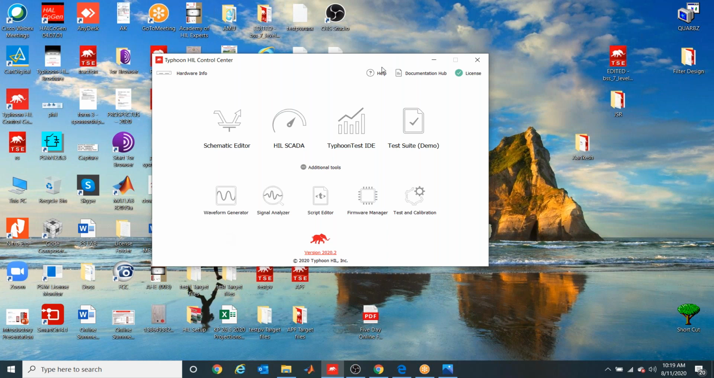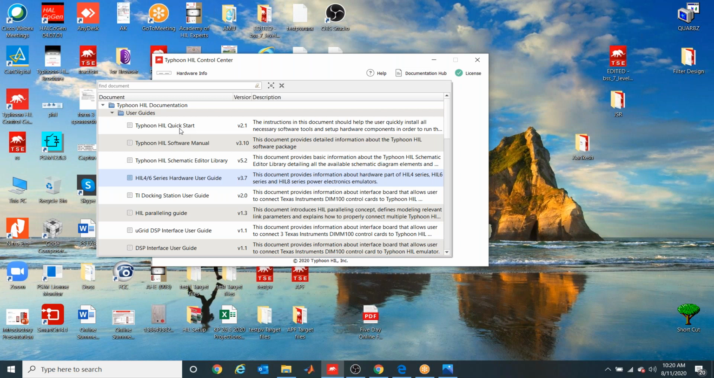So this is for online help. If you require any online help materials, you can click on this. Else, for offline help or documentation for the software, how to work on it, how to install the software, everything will be available in this documentation hub. Also, some details regarding Typhoon HIL application example models are provided in this documentation hub. You can see over here Typhoon HIL Quick Start, Typhoon Software Manual,